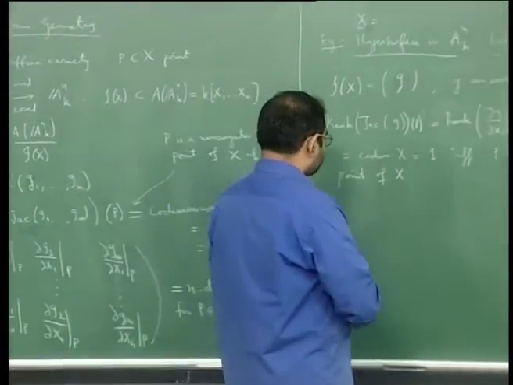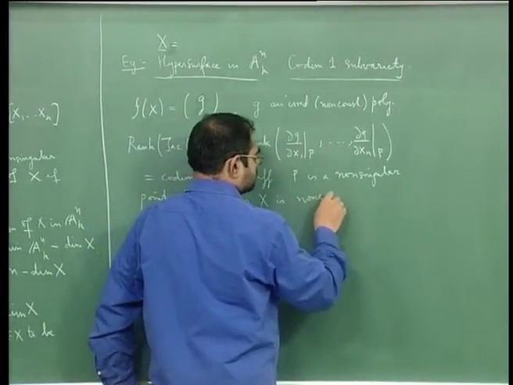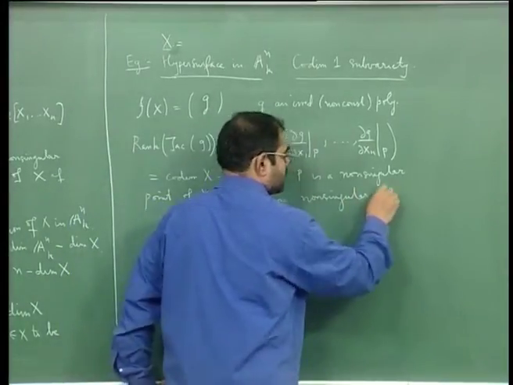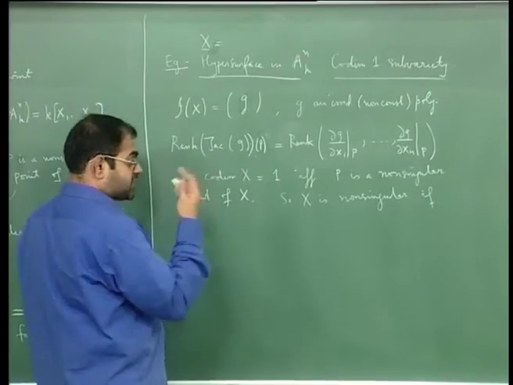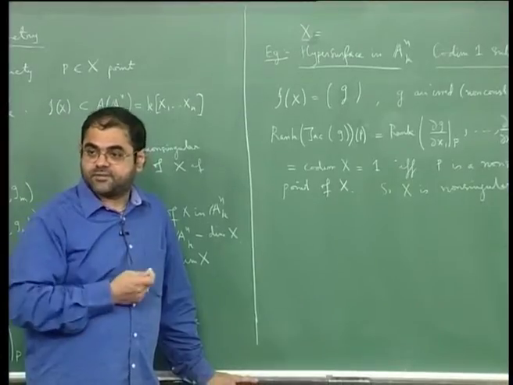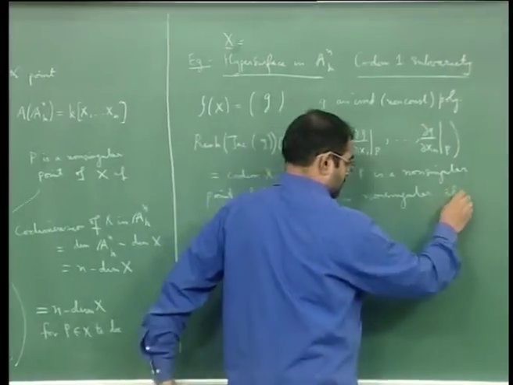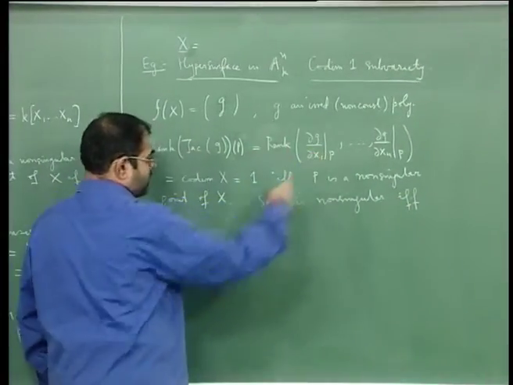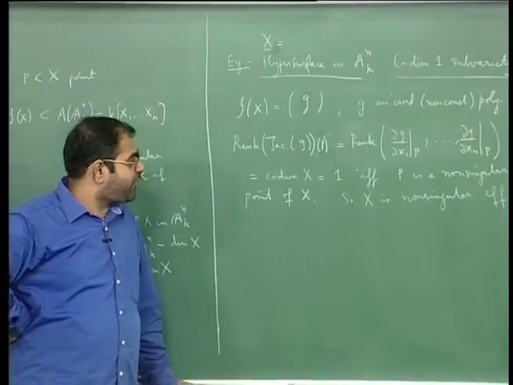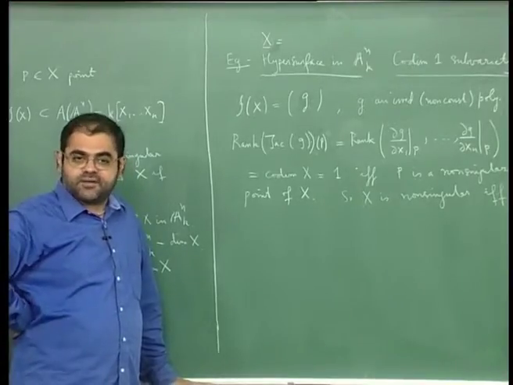So X is non-singular if, so X is non-singular means that every point of X is non-singular, that's what it means. So X is non-singular if and only if the rank of this is always 1, and that means that given any point, at least one of the partial derivatives should not vanish,